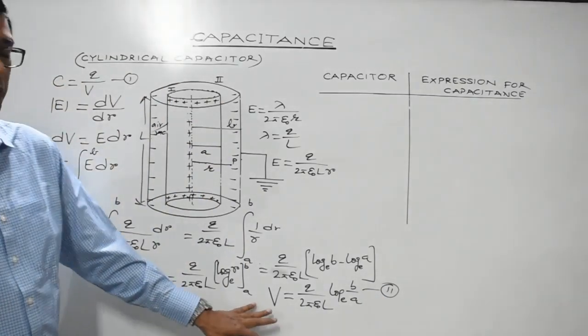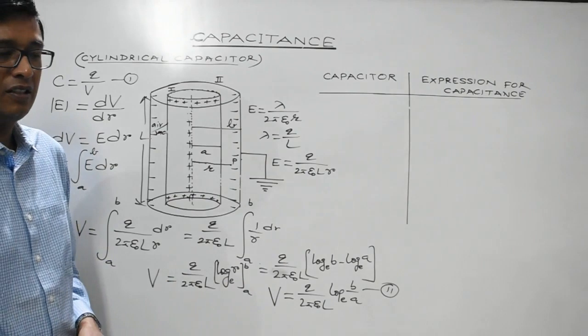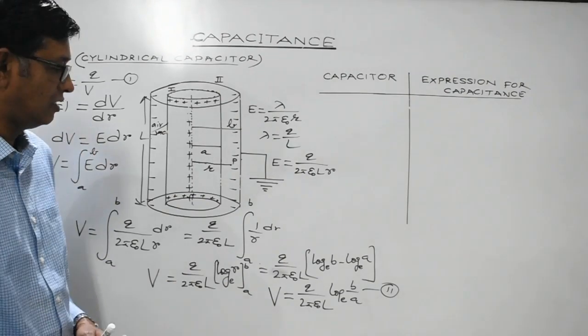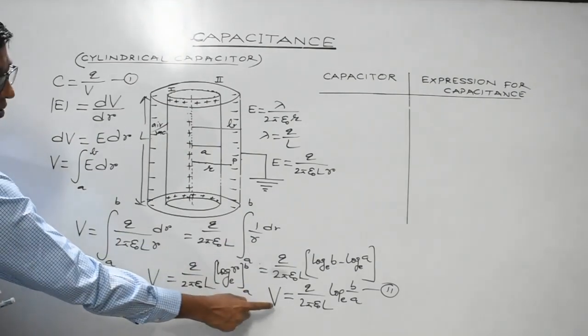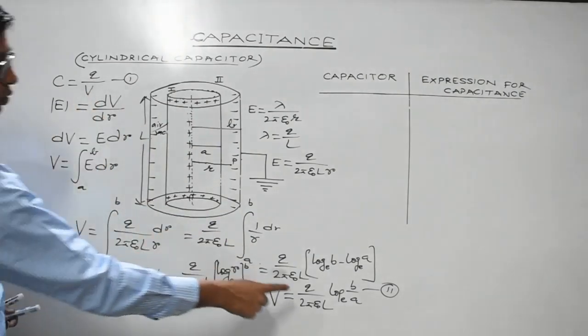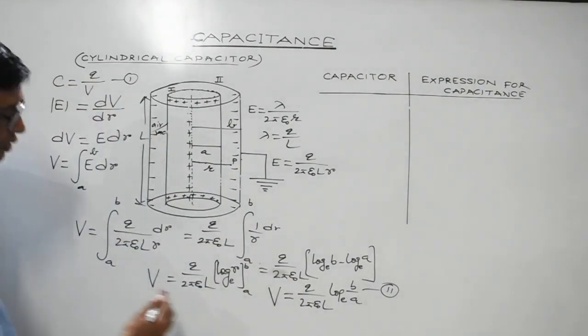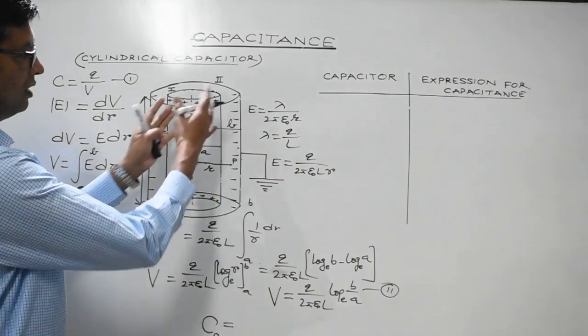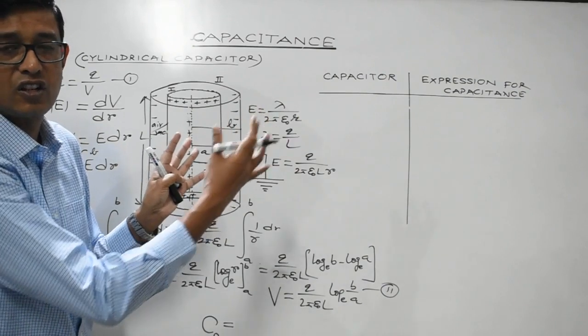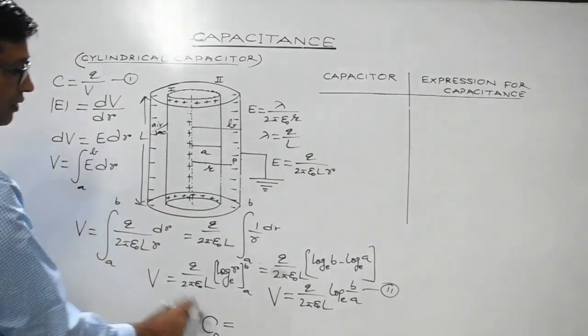So this is the expression for the potential difference, right? Now the last step. Simply you need to substitute this value of V over here. So this Q and this Q get cancelled. So the formula for the capacitance of a cylindrical capacitor, in case the space between the cylindrical shells is filled with air or vacuum, is given by